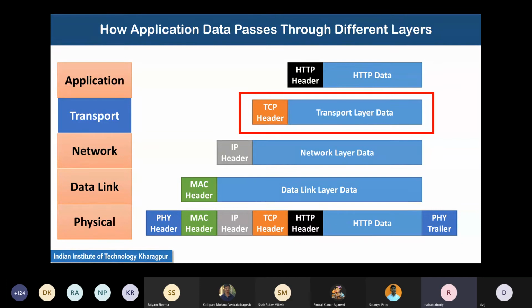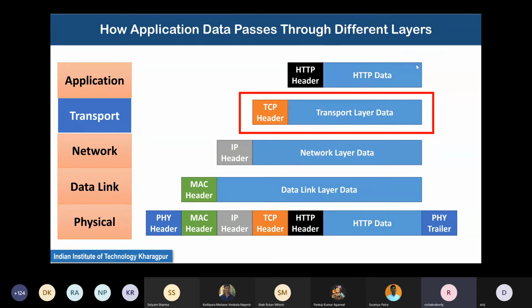Finally, the physical layer has both a header and a trailer and makes a long PDU which is transported. So we will primarily concentrate on the TCP layer segments, that is at the transport layer. Another important thing which is not clear explicitly, but which you should get some hint of from the length of these PDUs shown.